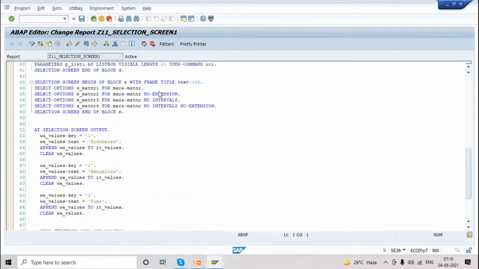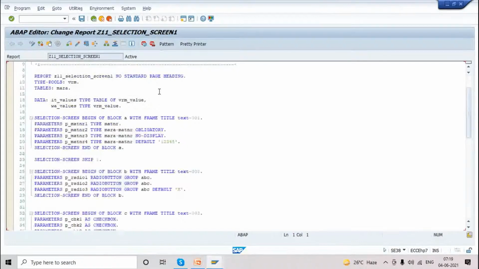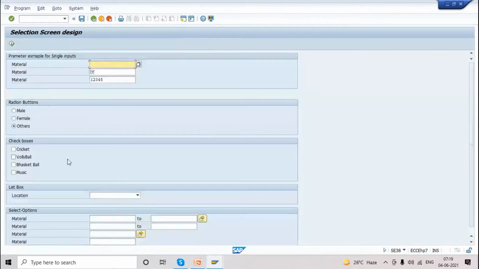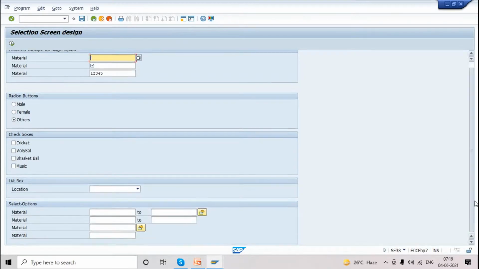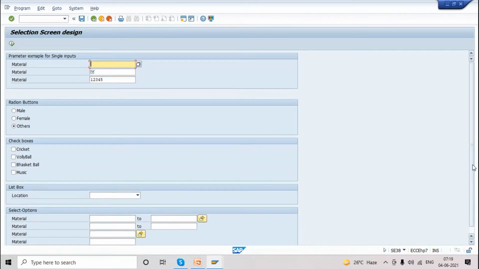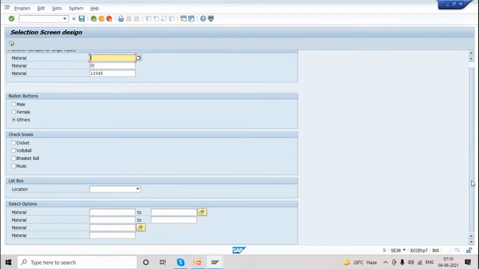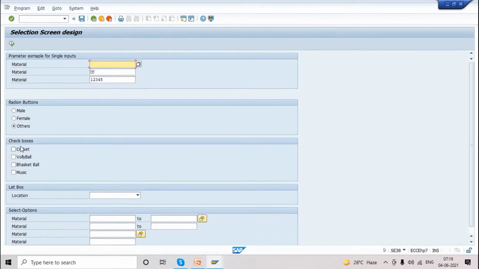Now we are using line for this program. For the screen purpose, we'll create a separate program. So we can use the line syntax in this program. Here the radio buttons and checkboxes are line by line, but we have to put them in a single line to reduce space. See, now we are scrolling because the screen overflows. With overflow there is no issue, but if you are able to adjust, we always prefer to adjust. It's better to adjust the screen.